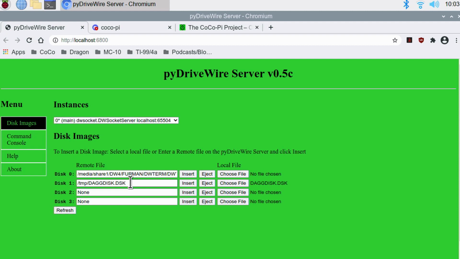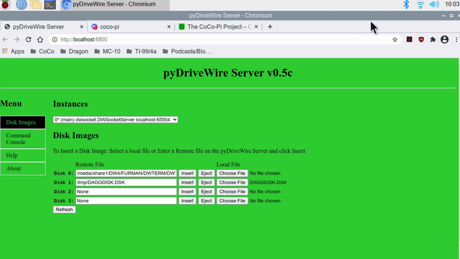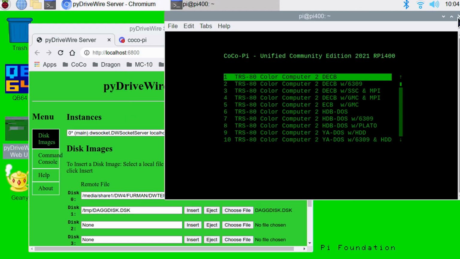So your mileage may vary on what works, but for some quick and easy way to load software, DriveWire is a way to do it. And the nice thing about this, what makes this different than doing it through your emulator, and I'll show you here for just a second. Can we just do a side by side? In the normal way you do a